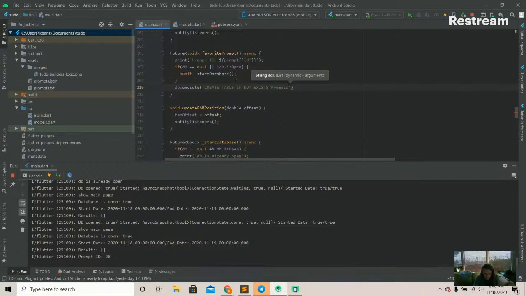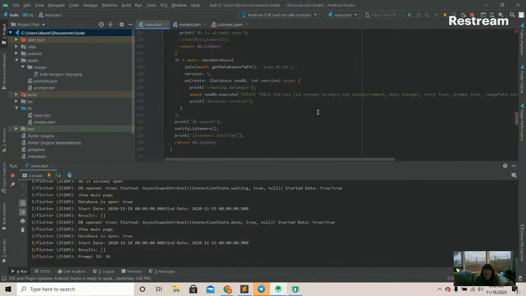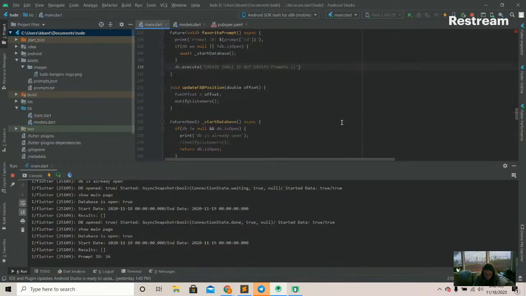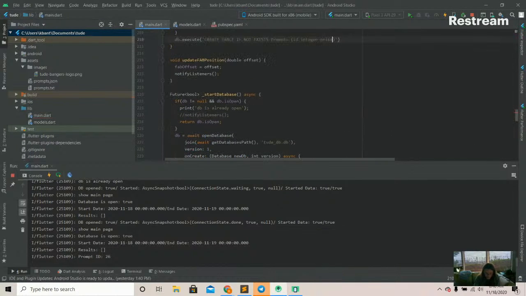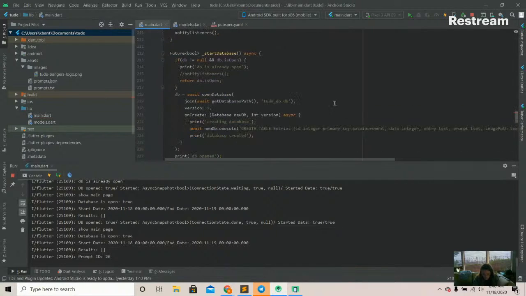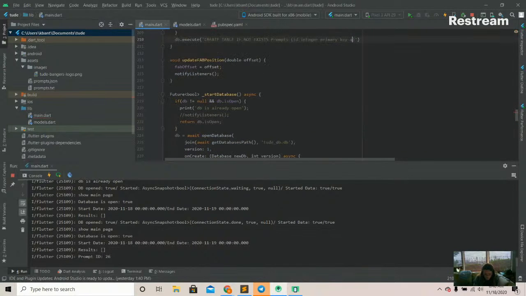Call it prompts, and then that's what we're going to be actually seeding into it. So we're going to have ID, integer, primary key, auto increment,